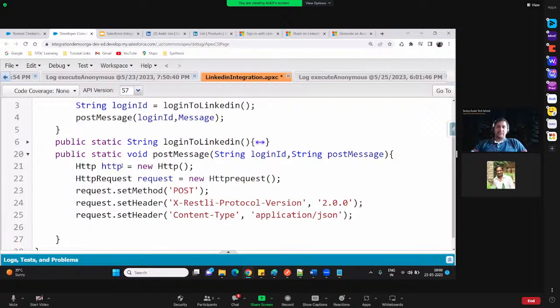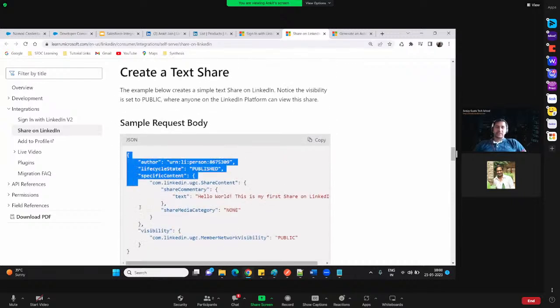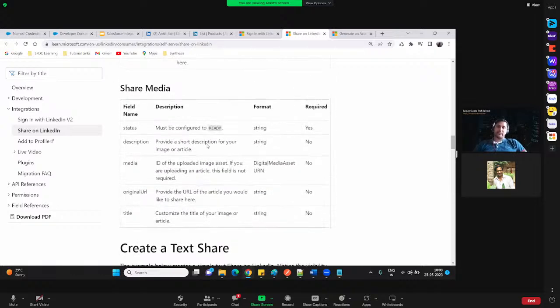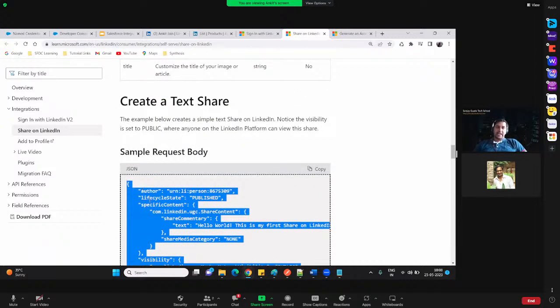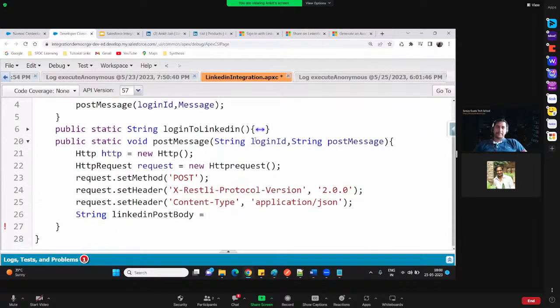So we have to define the body. Before we define the body, let's create the body. So let's say I'm putting here one variable, that is the LinkedIn body, or let me put here the LinkedIn post body, right? In the documentation, they have already provided a sample body that we have to send. So I'm just copying that sample body here. Again, according to your requirement, you can change the different values. You just have to follow the documentation. I'm keeping it simple for now. I'm just copying this body from here and putting it here,